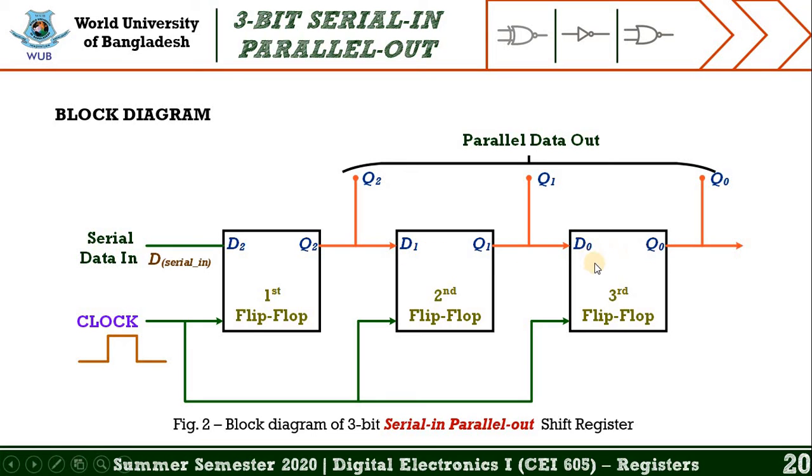If you look at the second flip-flop, there is also one input and one output, symbolized as D1 and Q1 respectively. In this way, the third flip-flop, in sequence, also has one input as well as one output, symbolized as D0 and Q0. And one important thing you have to